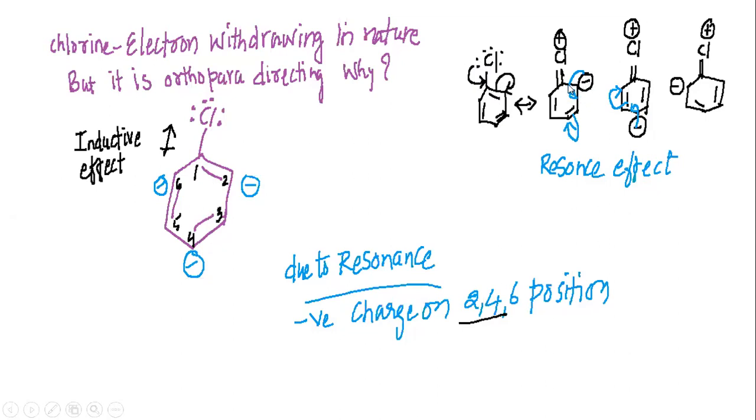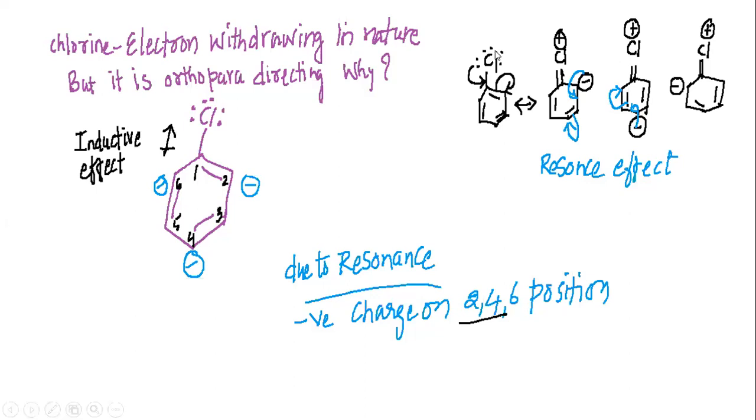When the negative charge on the second carbon is involved in resonance, due to the double bond present between the third and fourth carbon, the negative charge is generated on the fourth carbon at the para position. Again, when the electrons on the para fourth carbon make a double bond between the fourth and fifth carbon, the double bond between the fifth and sixth carbon goes as a charge on the sixth carbon, and there will be a negative charge on the sixth carbon. So you can see, my dear students, that there will be negative charge present on the 2, 4 and 6 carbons.